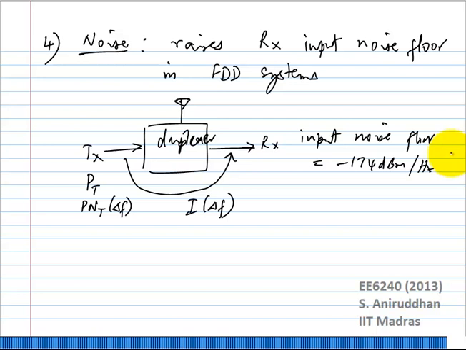So let us say I put in a specification saying the PN of the Tx at the Rx should be minus 184, so that it raises the noise floor by maybe like 0.1 dB or something like that, right? Which is practically negligible. You will get that kind of variation with many other things. If you put in the specification now, this will help you derive what the specification is at the output of the transmitter. Because the minute you say it should not degrade it by a certain amount, let us say minus 184,